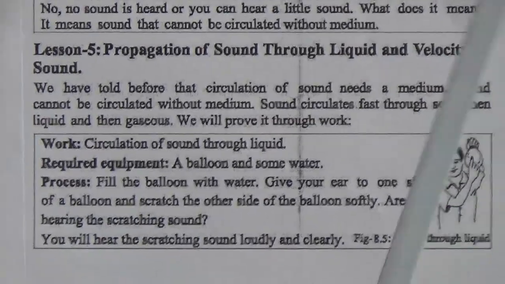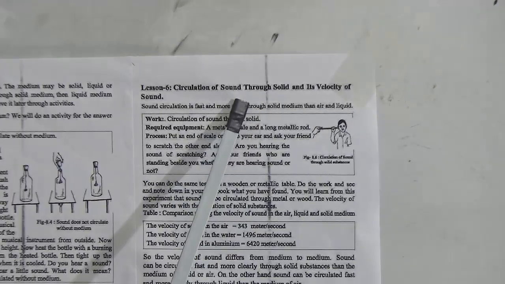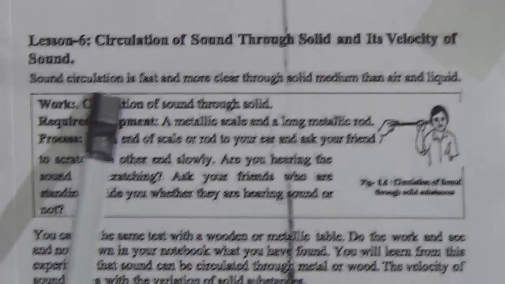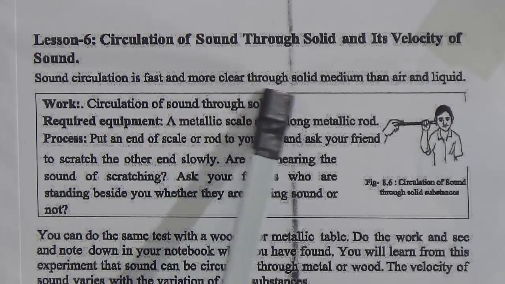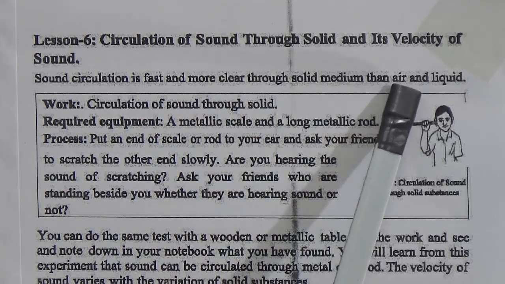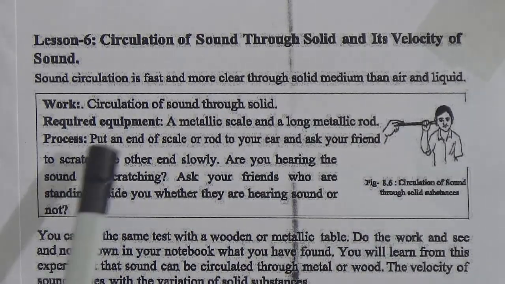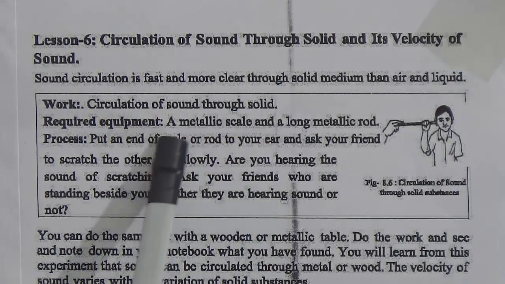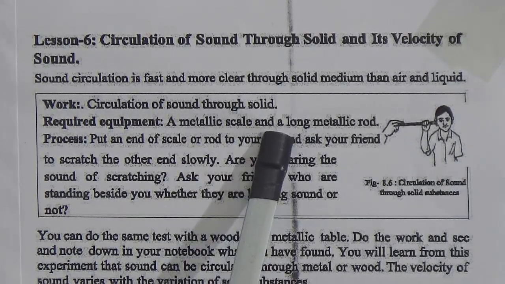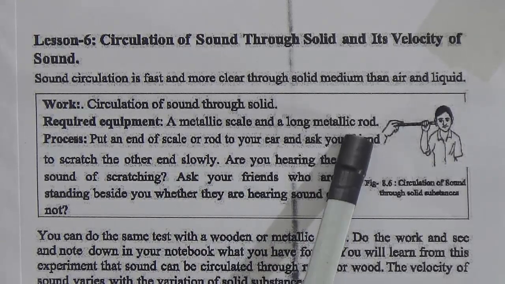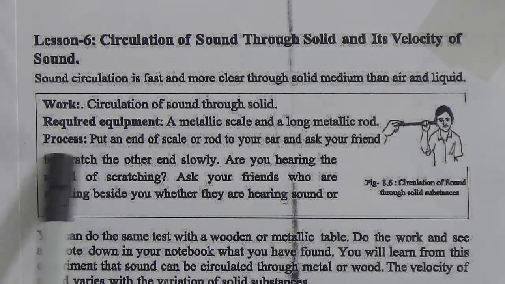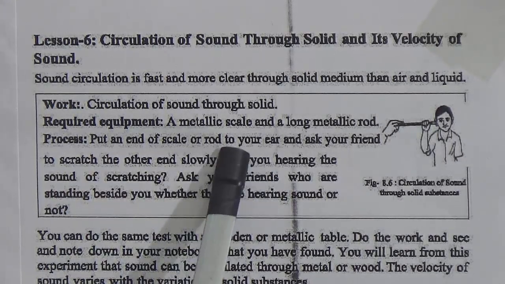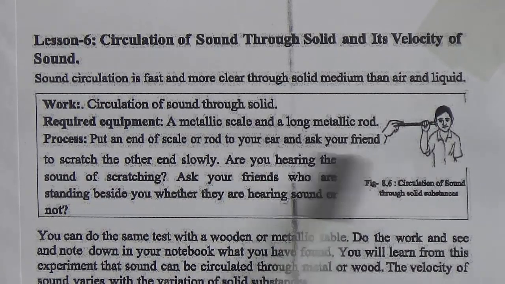Now lesson 6, circulation of sound through solid and its velocity of sound. Sound circulation is fast and more clear through solid medium than air and liquid. Here is another experiment, circulation of sound through solid. A metallic scale and a long metallic rod. This is required equipment. Process: put an end of scale or rod to your ear and ask your friend to